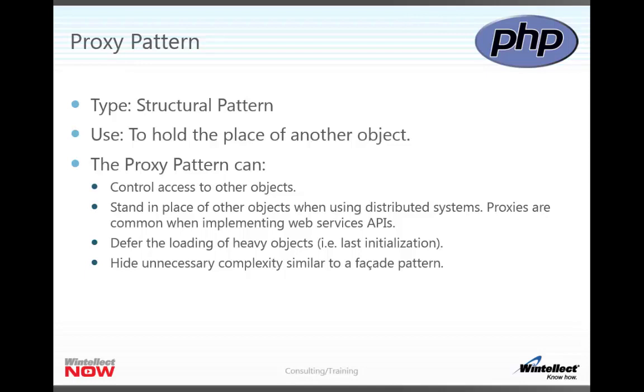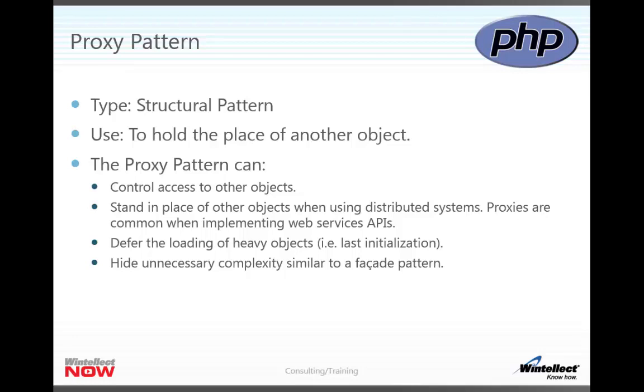Or in some instances, you might want to put a proxy in the place of something, and then pass the initialization of an object to a background thread, and let the background thread actually load that object up later on while your main thread continues working on the application, because sometimes heavy objects take a long time to load. So you can still have access to that object even though it's not fully loaded until the initialization of that object is done.